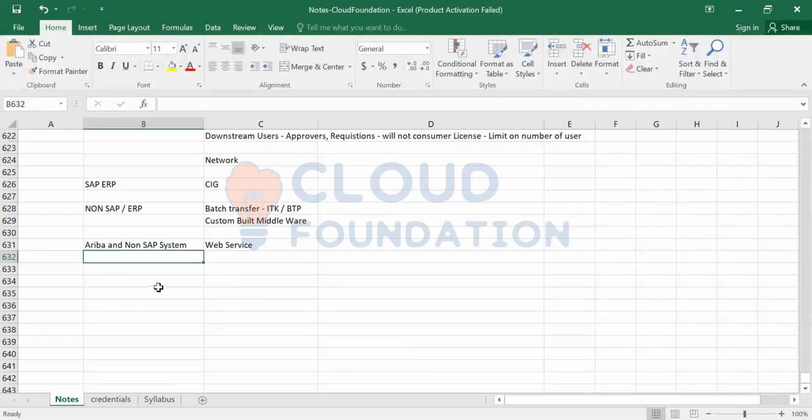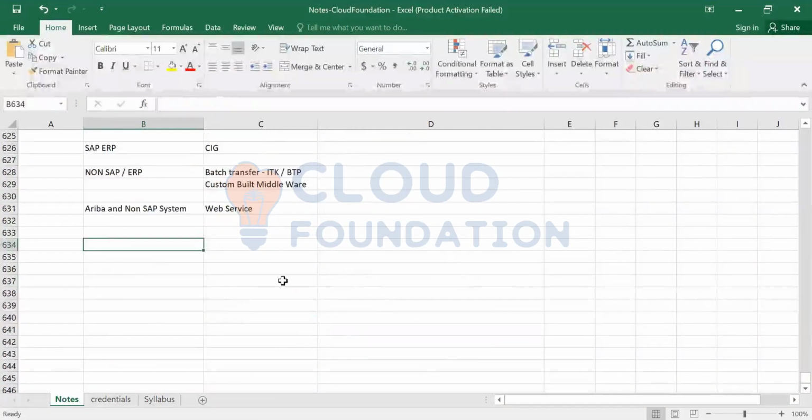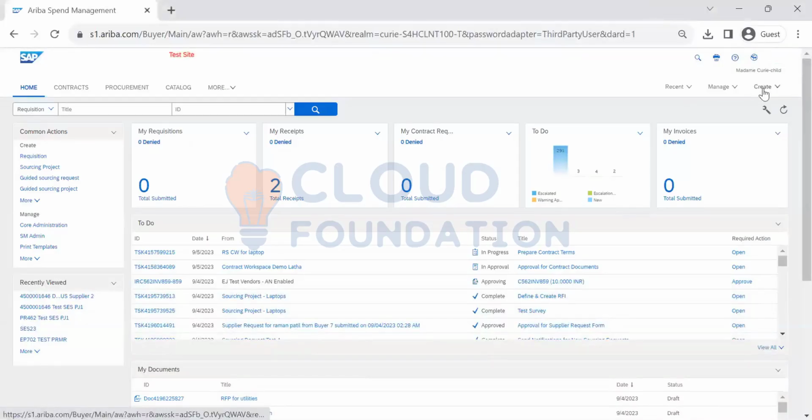Now we will talk about collaborating with a supplier. So this was the topic on suite integrations. Now we are going to talk about collaborating with suppliers. Before that, let me check whether we have that in Ariba or not. So when you click on create requisition,